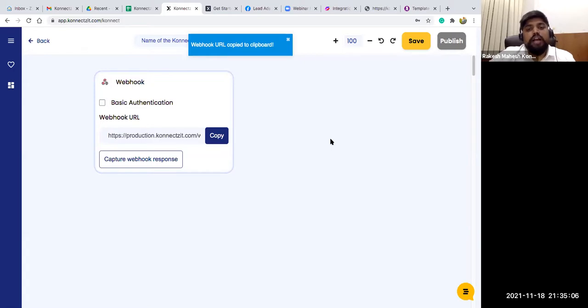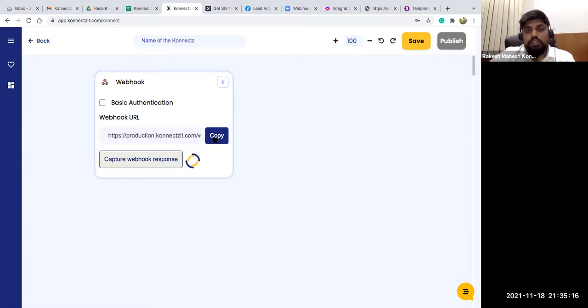Even if the apps are not integrated inside Connexit, just click on capture webhook response and paste the copied URL into your respective apps. So right now I'm just going to use Postman, and then post my record.